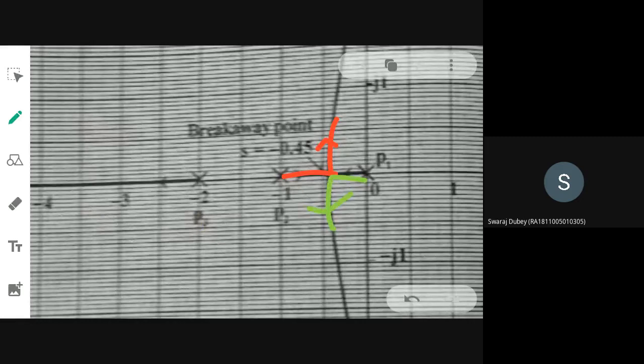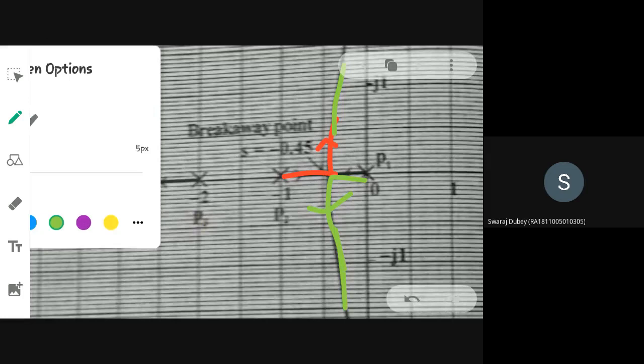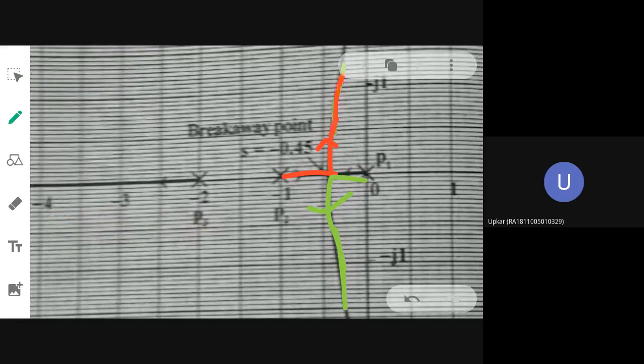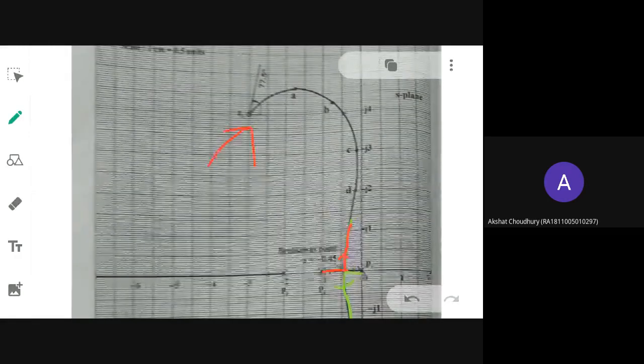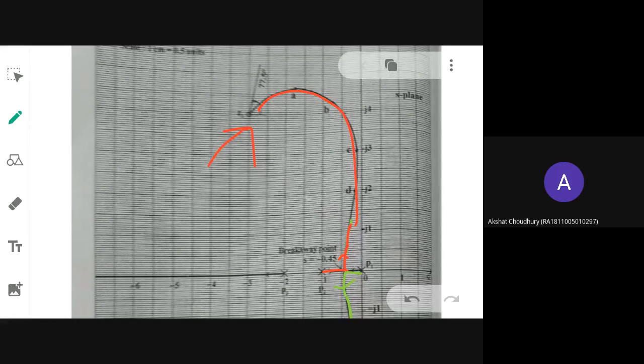And it is going to terminate at a finite zero or an infinite zero? Where is that zero located? This is your zero. At that point only it will travel and end. But you need to have that angle marked. That angle is called what angle? Angle of arrival. Complex pole means angle of departure, but complex zero means angle of arrival only.